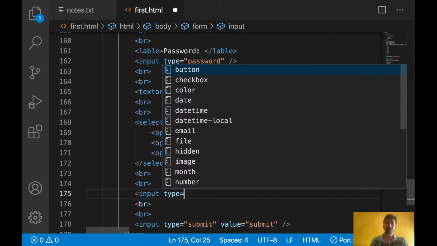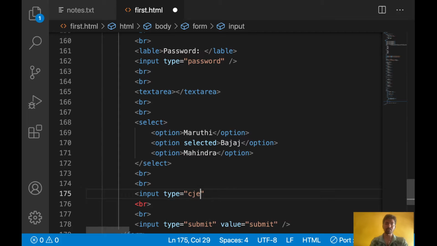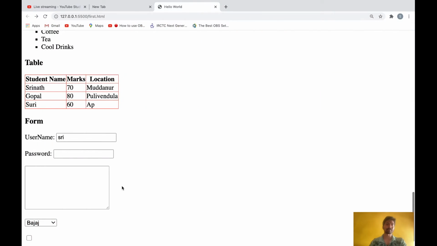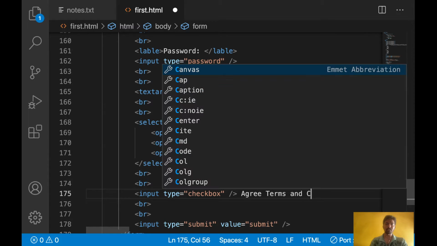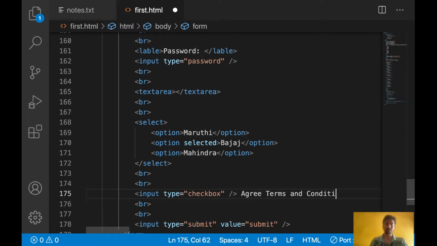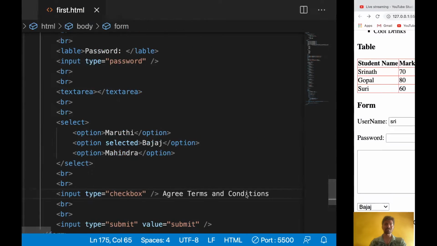Let's say type equal to checkbox, save it. Let's write something after the checkbox: agree terms and conditions. Let's see how this will come.